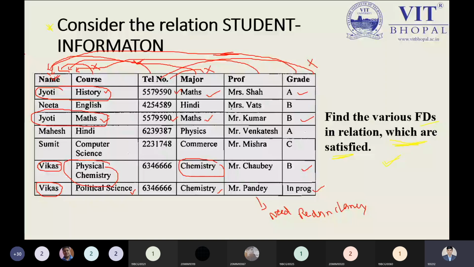Just tell me right now. So, can grade and telephone number satisfy the dependencies? No. So we will not be allowed to take that here. That is the reason. Suppose a student is trying to take it, then he or she has to write why they are taking this dependency. That is it. So to find the various functional dependencies, we are not talking about the types of functional dependency, we are talking about the dependencies between the attributes.